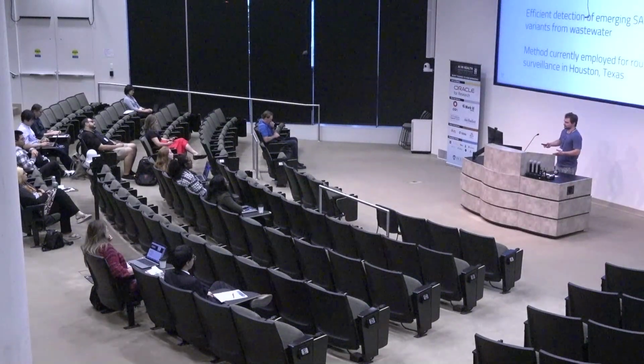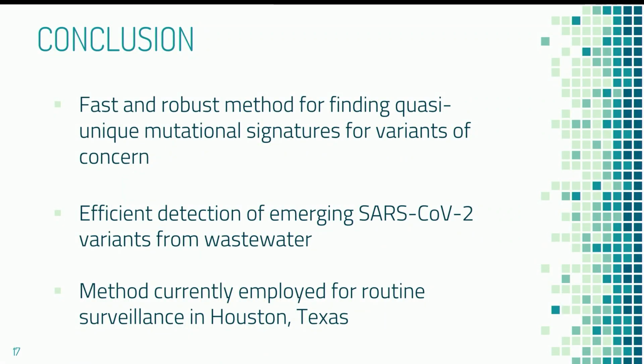So in conclusion, we have a fast and robust method for determining quasi-unique marker mutations for lineages of concern. We can efficiently and accurately detect emergent SARS-CoV-2 lineages from wastewater data, and this method is currently employed for routine